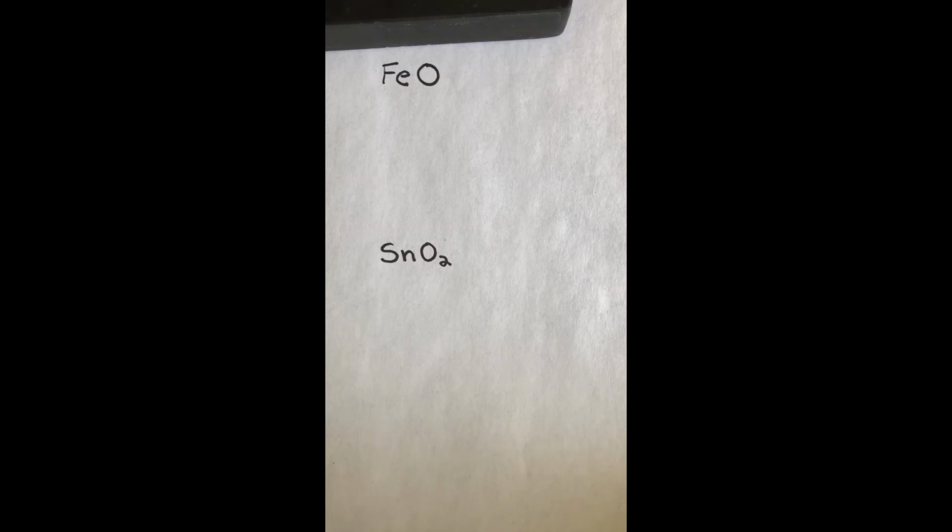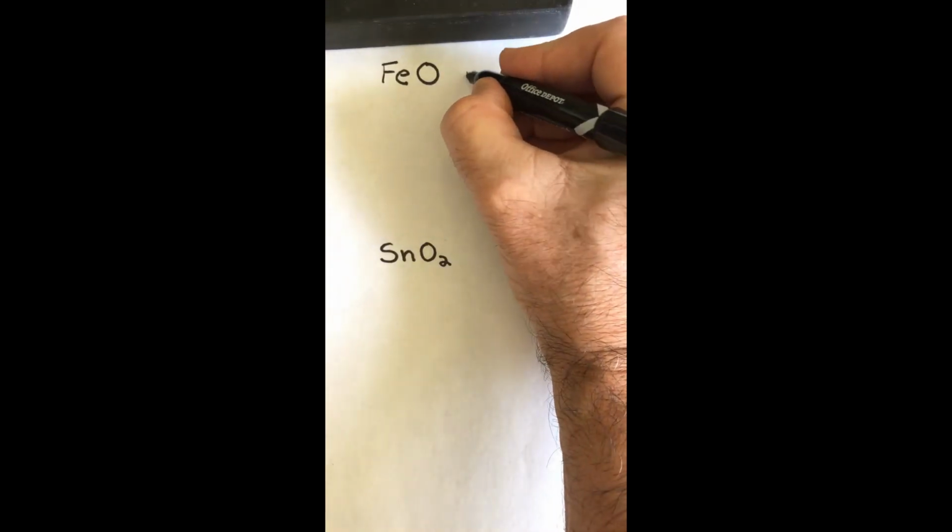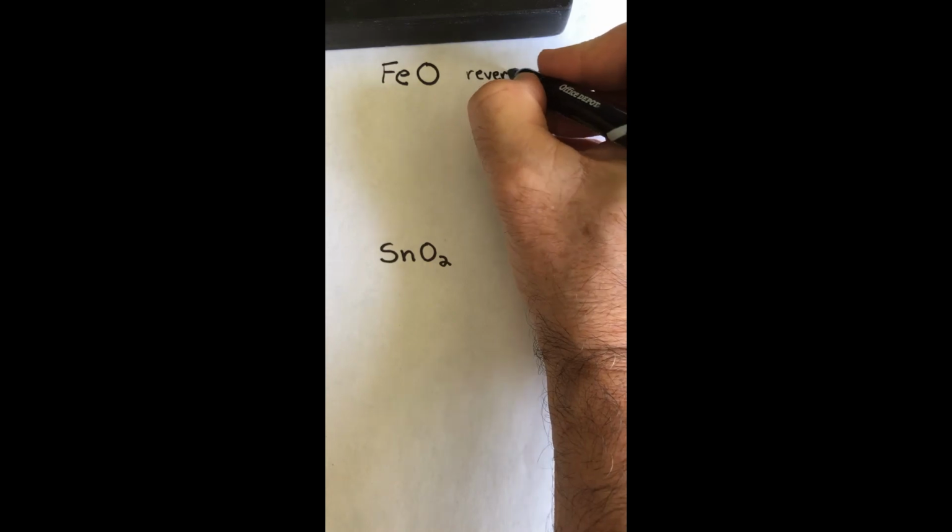What happens when the metal cation belongs to that category of transition metals that can form more than one kind of ion? How do we determine which one it is? Let's consider the compound on the top here. It has iron and it has oxygen. Of course, the metal iron would be the cation, and the oxygen will be present in the form of an oxide ion, right? So one method you can use is what we would call the reverse crossover,